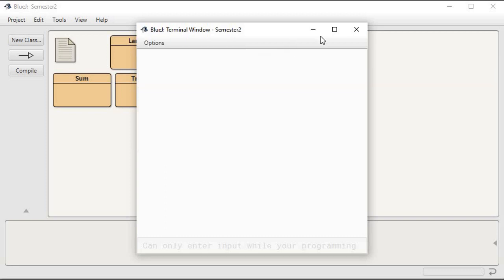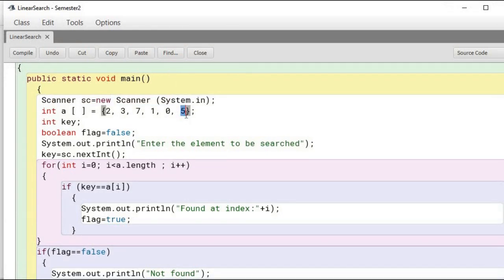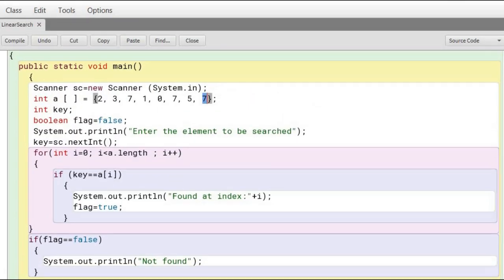Okay. Now what I do is put one element more than once. Here suppose I put 7 one more time, and maybe again at 5, again 7. So I have made 7 three times. So I have 7 three times: at index 2, at index 5, and at index 7. So at 3 different indices I have 7. I'll compile it. It shows no syntax errors.